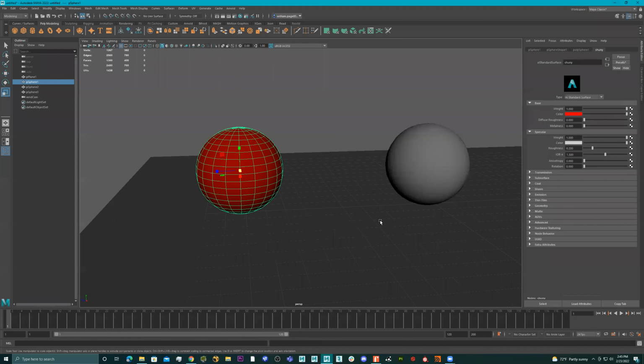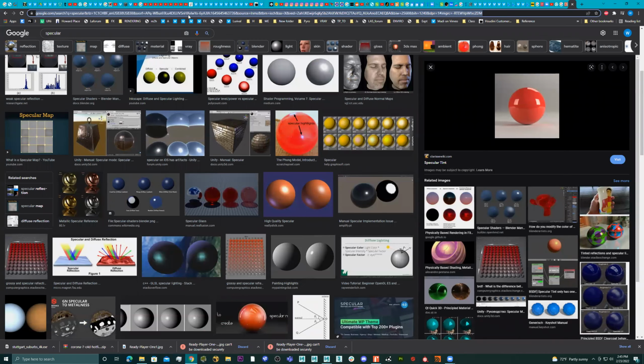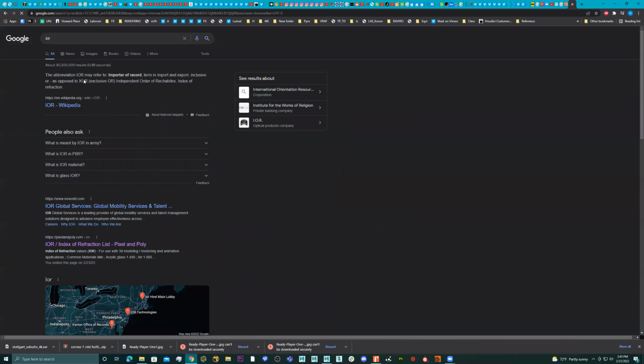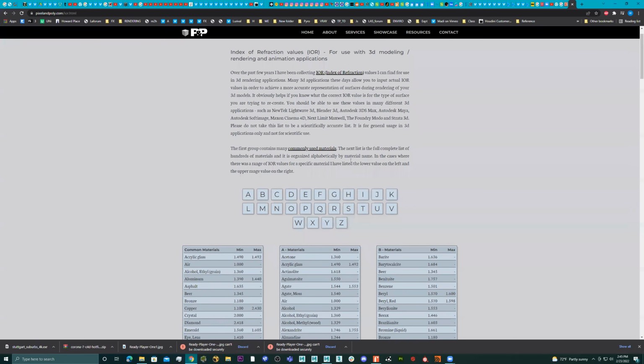So anyway, let's add some specular. Oh wait, no, specular's already in it. IOR means index of refraction. If we type in IOR and go to the index of refraction list, it's values through 3D modeling. It kind of recreates the surface, so it's like the fall off. And by fall off,